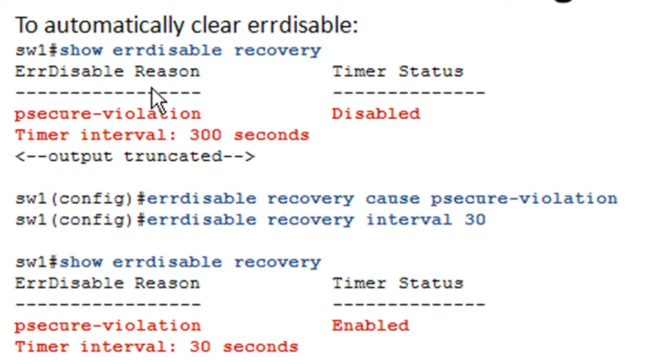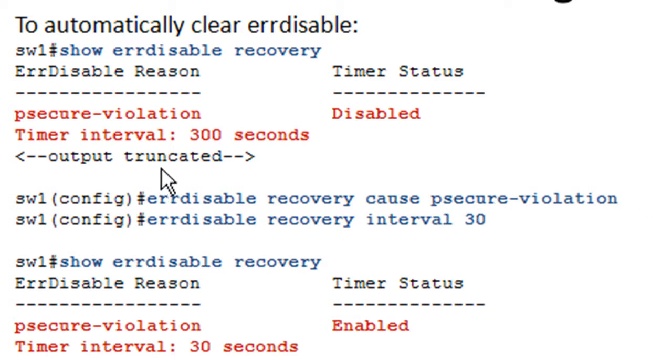So the error disable reason that we're looking for here is psecure-violation, and you'd know that from the documentation, or because you have a photographic memory and you're going to remember this slide, not likely. But also you could go back into your switch logs and see what has caused the violation. It'll give you the error disable reason when it puts a port into error disable. So you're going to go into configuration. This is a global configuration command, whereas everything else that we've seen today has been under the interface. You're going to say errdisable recovery cause, which is your reason, and specify psecure-violation. Now that's good enough.